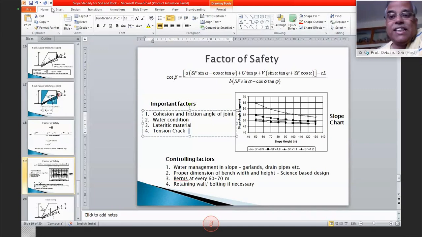To know that this C and phi play a very important role, very sensitive. Even if you change the value of C from 30 kilopascal to 35 kilopascal, the slope which was showing safety factor below 1 will show above 1. Just 5 kilopascal, moved from here to there. So